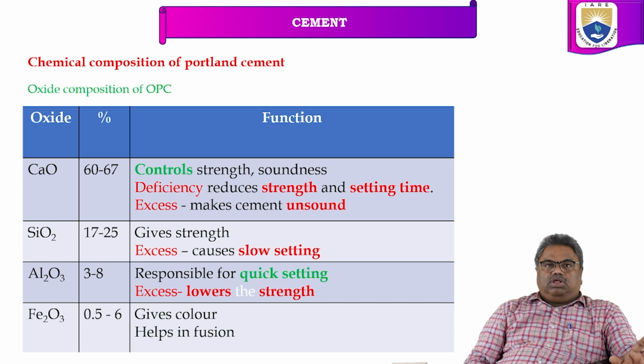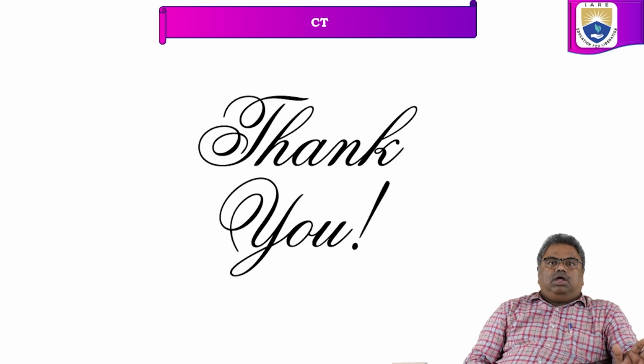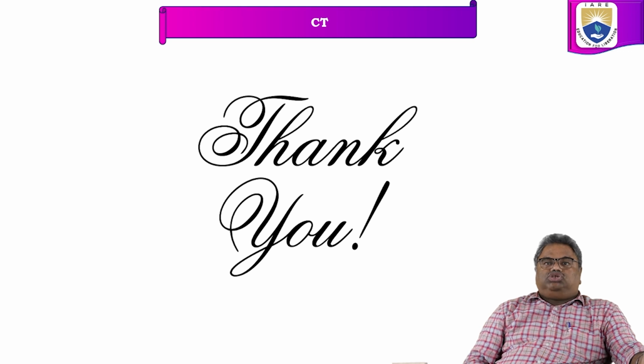So cement contains all these chemicals. Today we have started module 1 and discussed what cement is, the definition of cement, and the cement manufacturing process. There are three types of manufacturing: the dry process, the wet process, and a third one, the combination of these two,